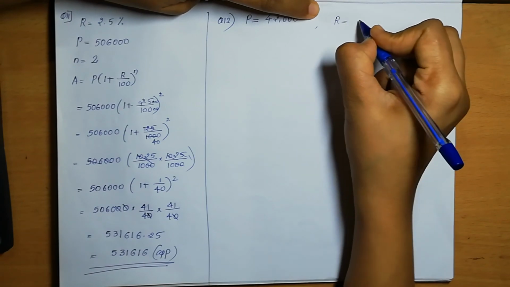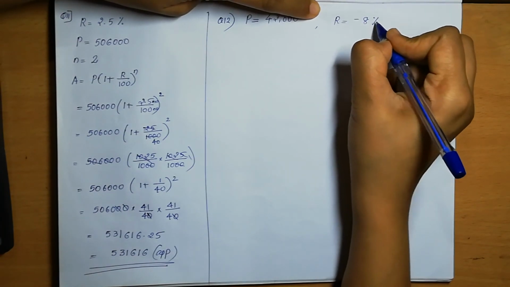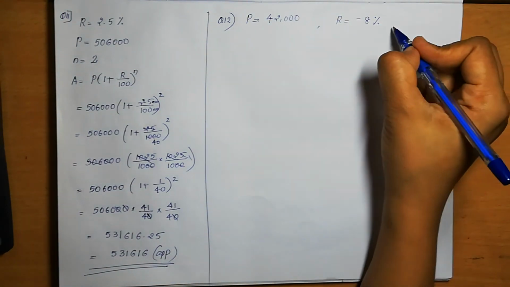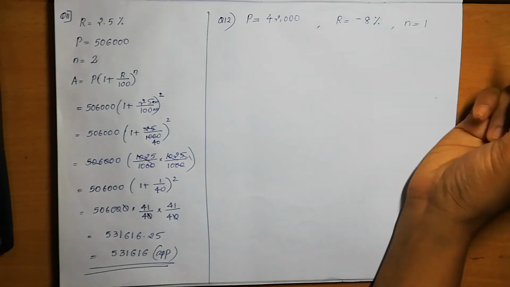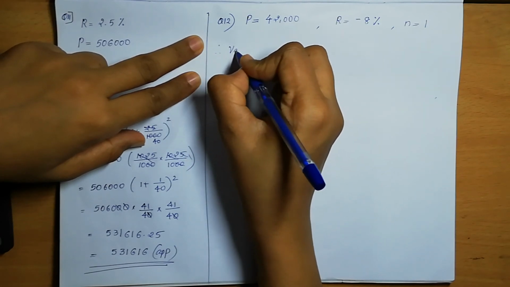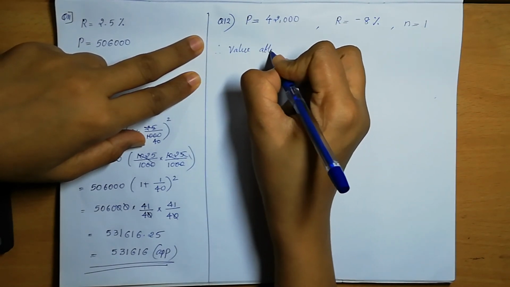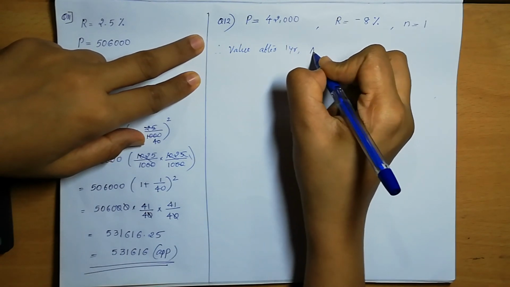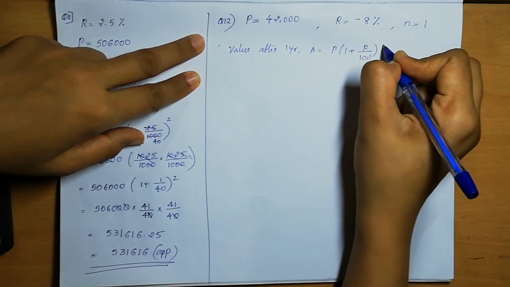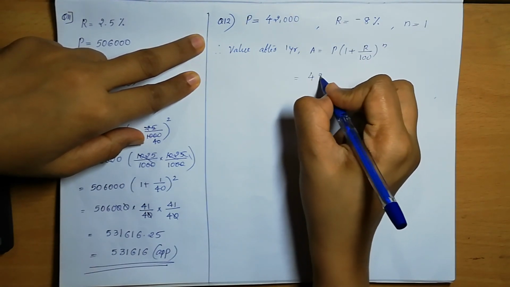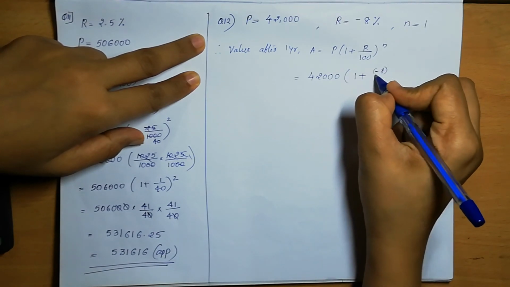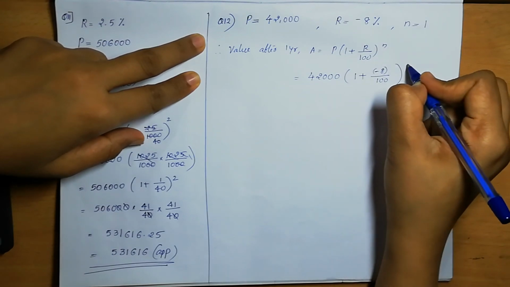So in that case, what we need to take means just keep it as negative. So the rate is 8%. We can keep it as 1 minus because this is showing the depreciation. Minus 8 we need to take. The rate is minus 8% and n, after 1 year, means what is the value of n? 1 only. What we need to find? Value after 1 year. Therefore, value of the scooter after 1 year means amount. Amount is equal to P into 1 plus R by 100 raised to n we can write. So that is equal to 42,000 into 1 plus rate is minus 8, minus 8 by 100 raised to n is 1.